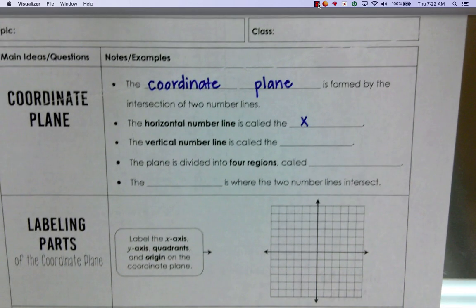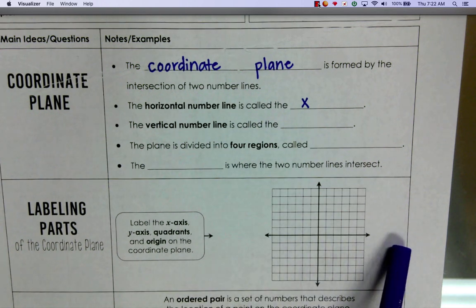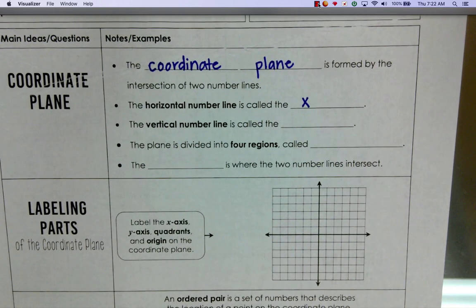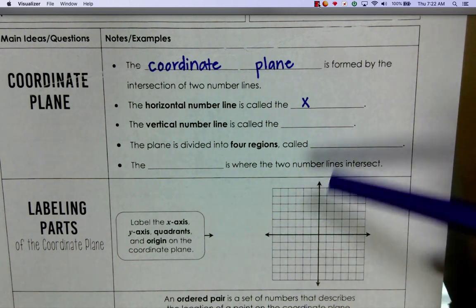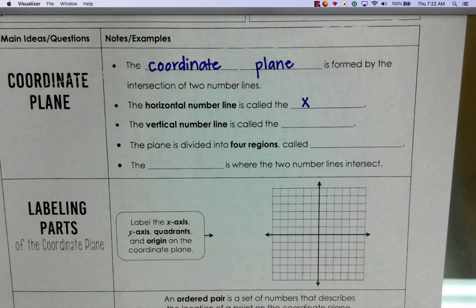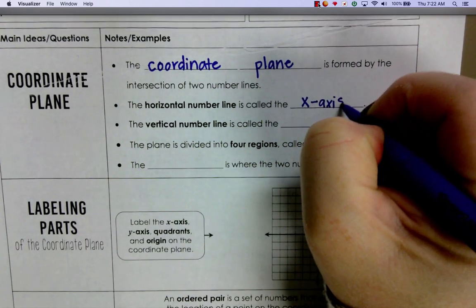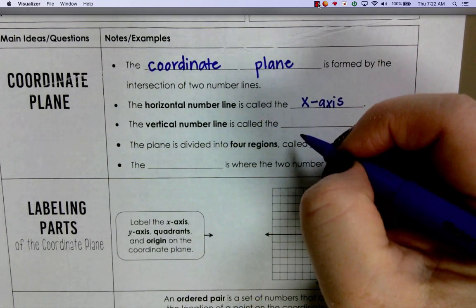And we've touched on this already. We have our number line horizon looking like this, back and forth. And we've been doing a lot of things with the number line. But there's also a vertical number line going up and down. Okay, so the horizontal number line is called the x-axis. The vertical number line going up and down is called the